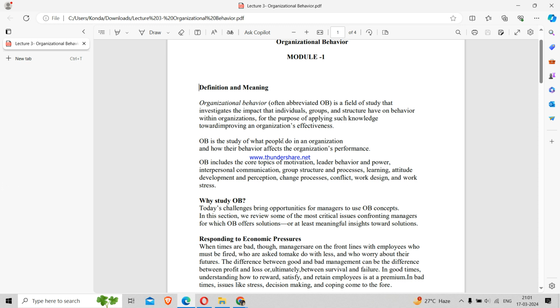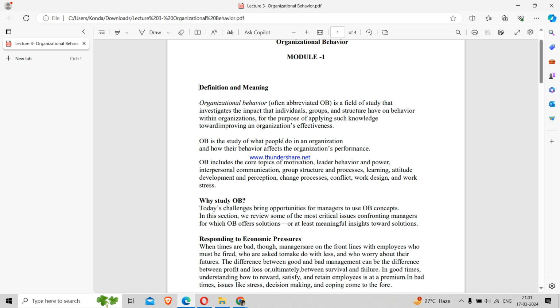Okay, so next is motivation. This is the fourth sub attribute of the individual aspect of the OB model. So what is motivation? It is the different driving forces for a particular individual who is working for that organization. Okay, so these are the sub attributes at the individuality level.